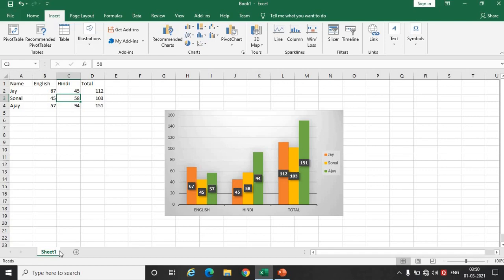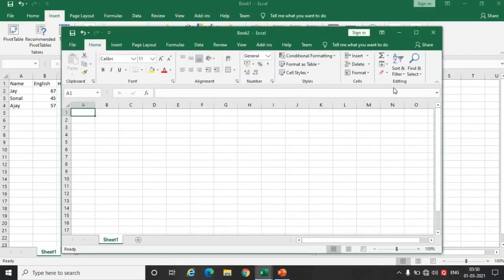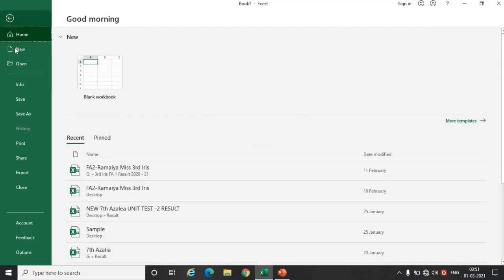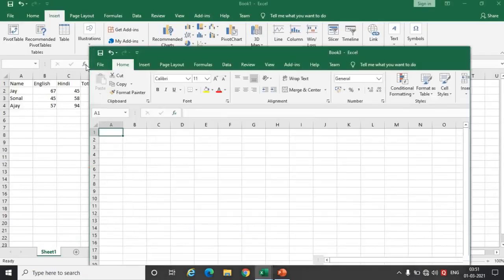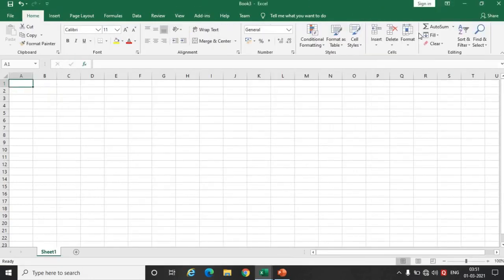So let's see first how to create a new workbook. For creating a new workbook in MS Excel, you have to click on File, click on New, and after clicking on New, click on Blank workbook, and you can see that the new workbook has been created. Now if you want to insert a new worksheet,